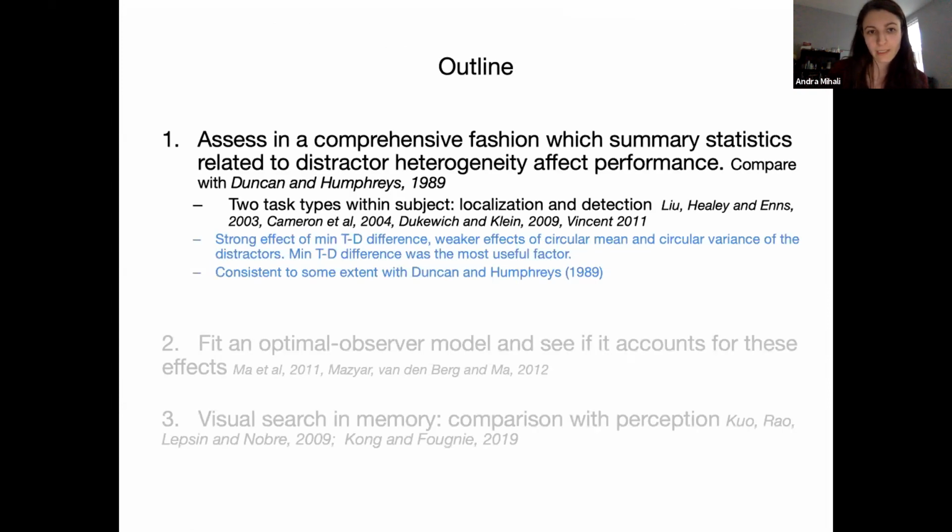To summarize part one, we wanted to assess in a comprehensive fashion which summary statistics related to distractor heterogeneity affect performance, and compare with Duncan and Humphreys. We found a strong effect of minimum TD difference, and weaker effects of circular mean and circular variance of the distractors when we analyzed the data in one way. We also found that the minimum TD difference was the most useful factor. So this is to some extent,